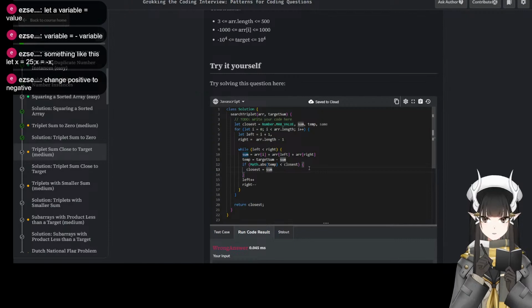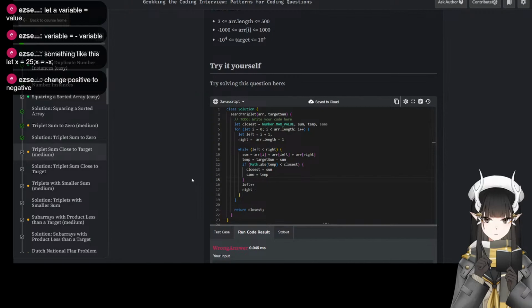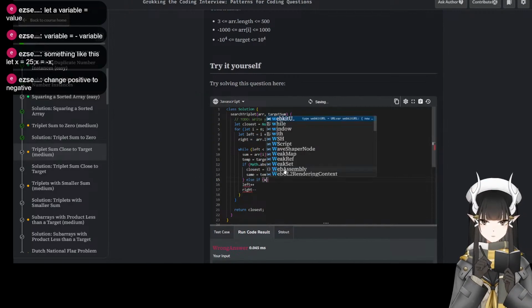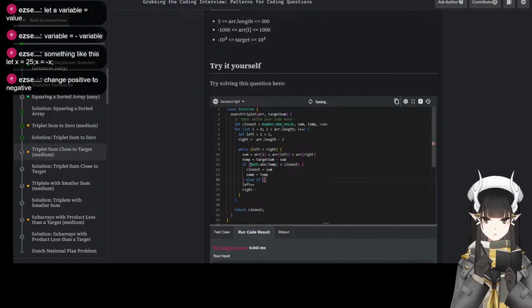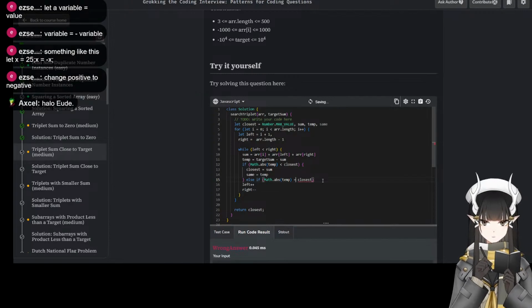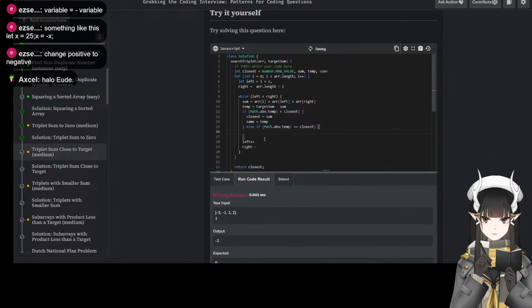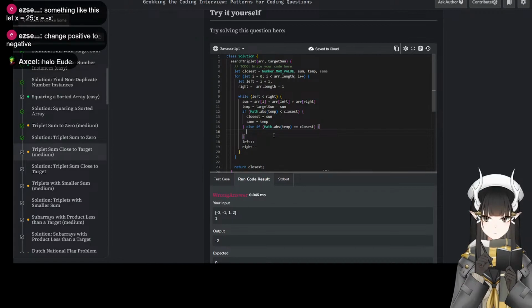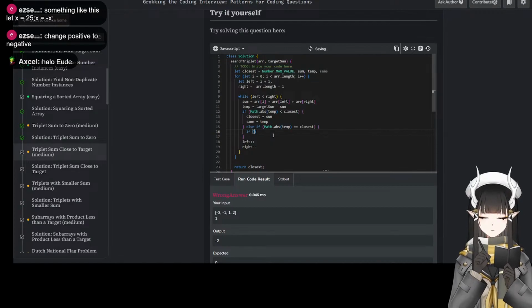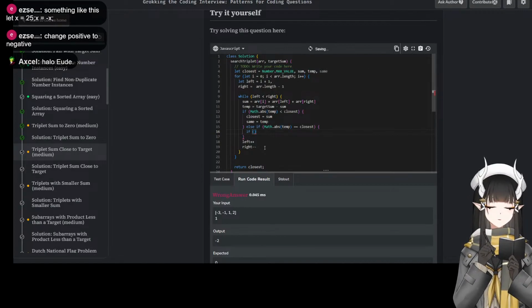And then we're going to set same equal to 10. So next time, else if we find a math absolute value equal to closest, then we look at the smallest sum.